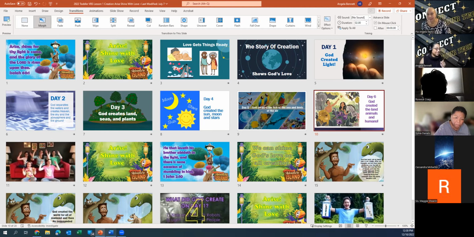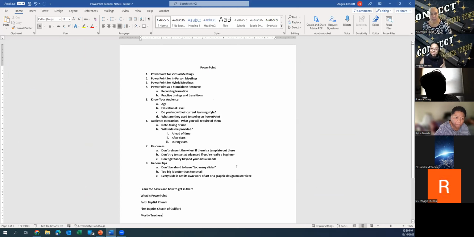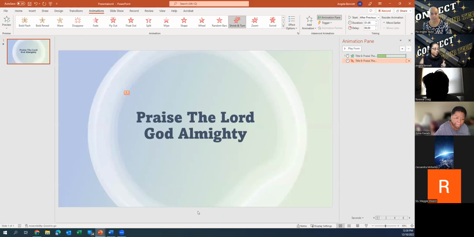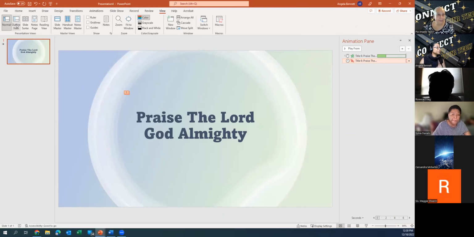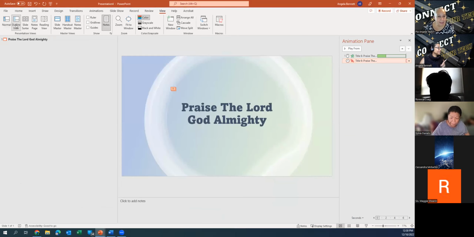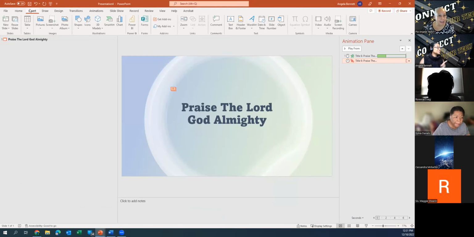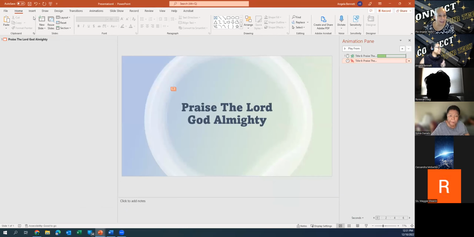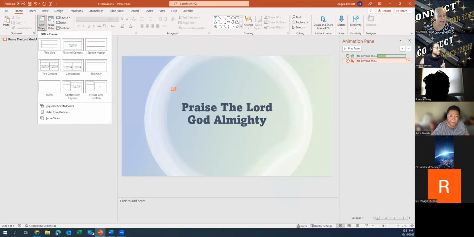Because we are teachers, if anyone does an outline, I don't know if anyone does this, but if you type up an outline in Word, something else you can do in PowerPoint is insert your outline into PowerPoint. You can do that by going to View, Outline View, and then on the home screen, when you go to a new slide, you can select,